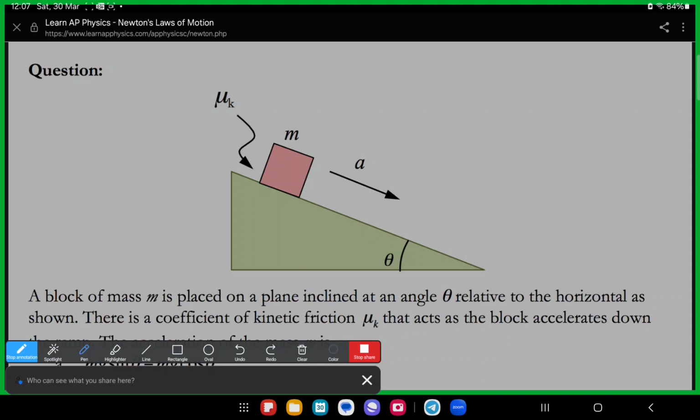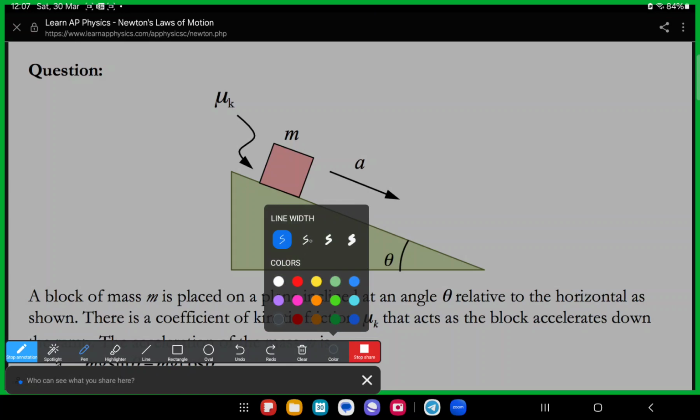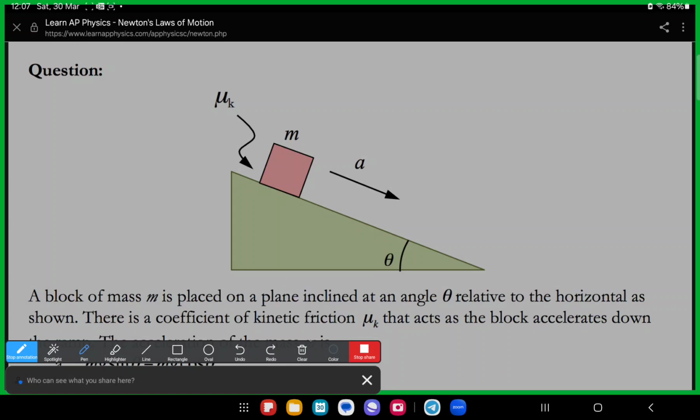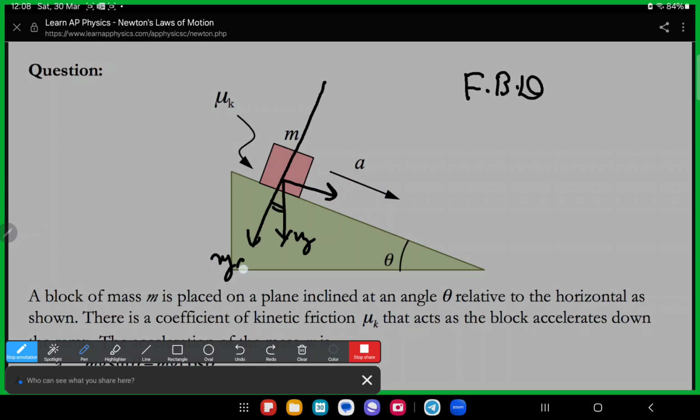Now the next problem looks very simple. Now the most important thing in NLM is that you had better take an approach by free body diagram, FBD. So here we can say mg and theta, so it will be mg cos theta, mg sin theta, the normal reaction is acting, and